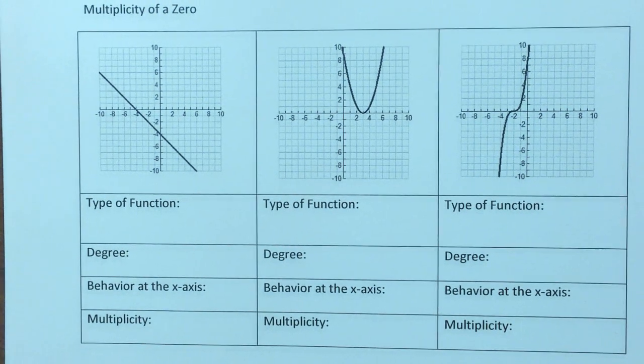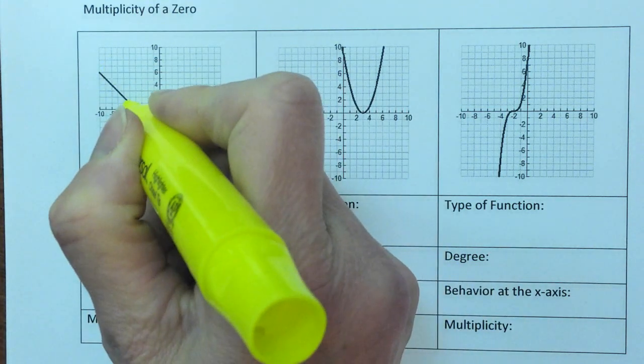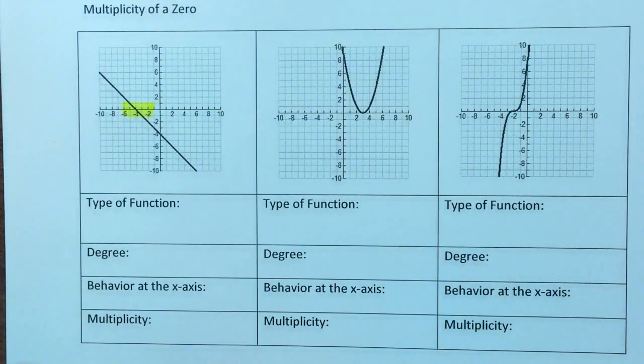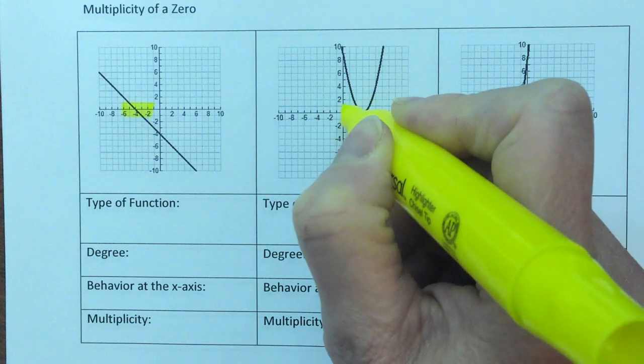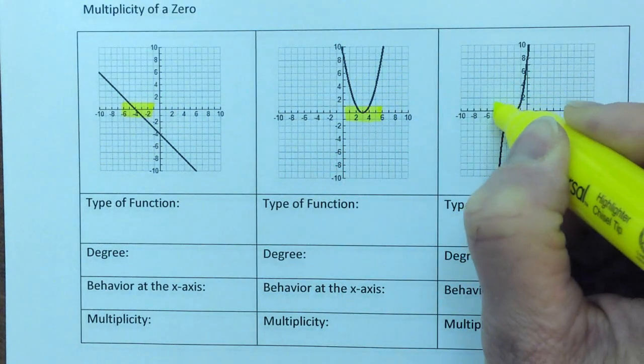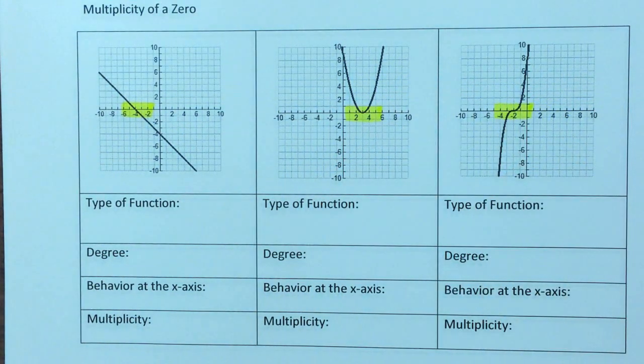In this video, we're going to talk about multiplicity of a zero. When we're talking about multiplicity, what we're looking at in particular is the exponent that goes with the factors. So we are actually going to be concentrating very closely at the behavior at the x-axis, where the zeros are. So before I get ahead of myself, let's go ahead and just look at the type of functions that I